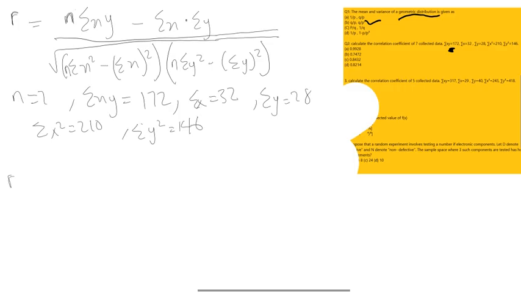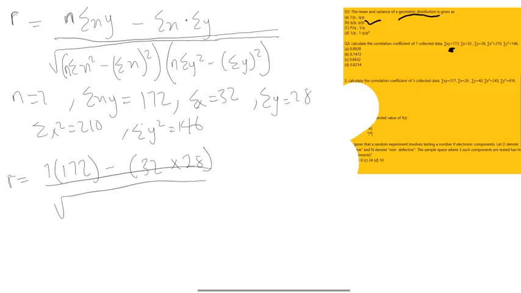So r, which is our correlation coefficient, is equal to n, which is 7, times summation xy, which is 172, minus summation x, which is 32, multiplied by summation y, which is 28, all over the square root. Then we have n times summation x square, which is 210,